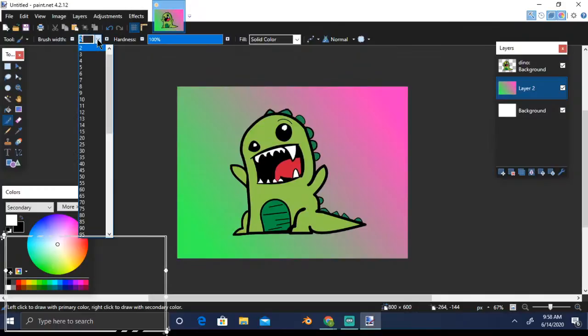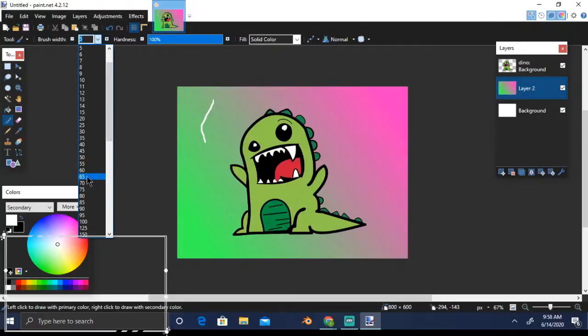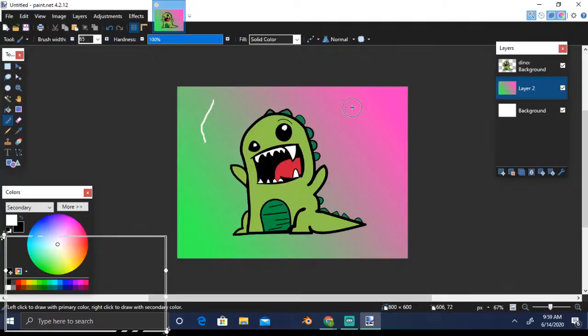Here is one interesting thing. You can increase or decrease the width of your paintbrush here. So let us select first 5, and our color is white. Okay, here it is. And now let me select 65, and here you can see the difference, right? As the width of the brush increases, the same thing is here. Again, here in the slider you can see it's 100%. That is the hardness, right? Let's put it to 43 and see what hardness means.